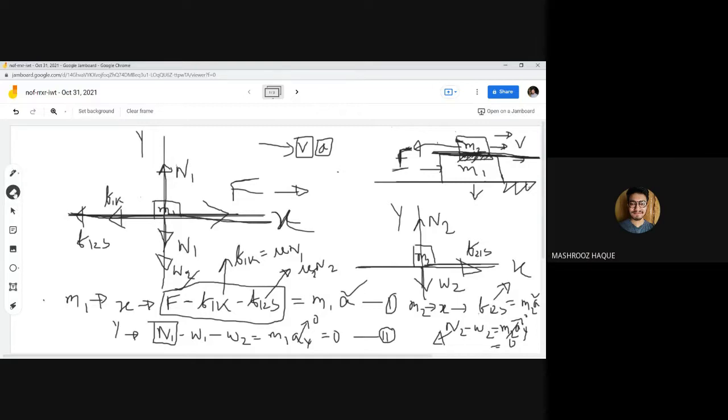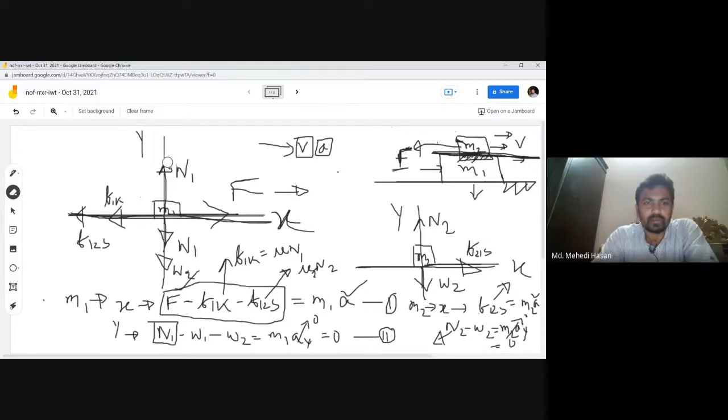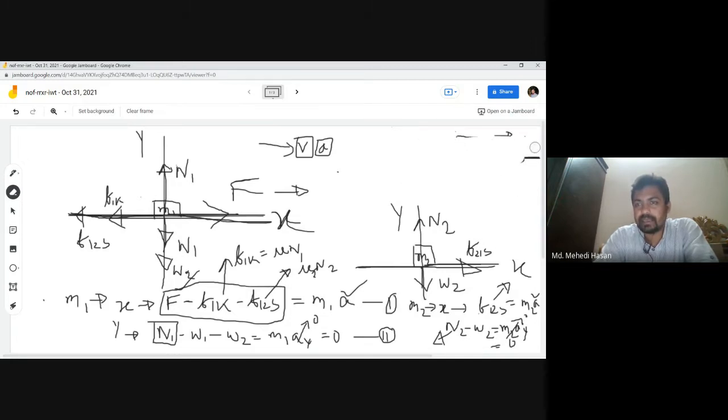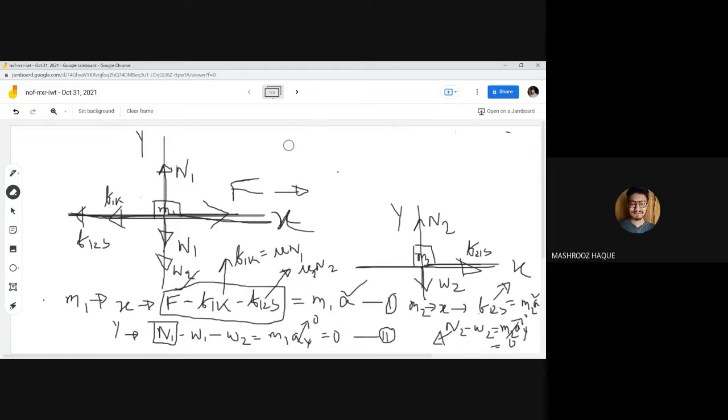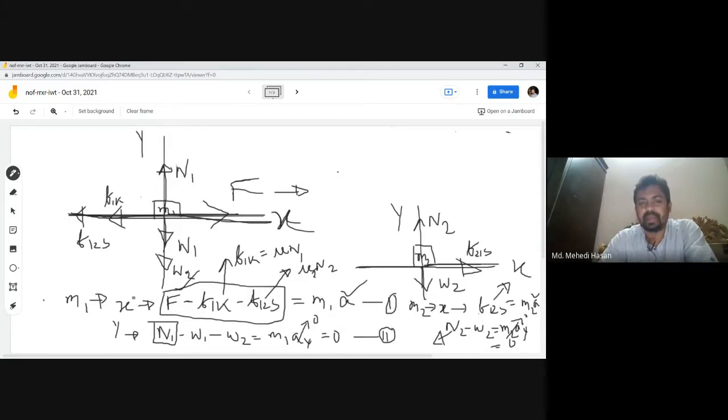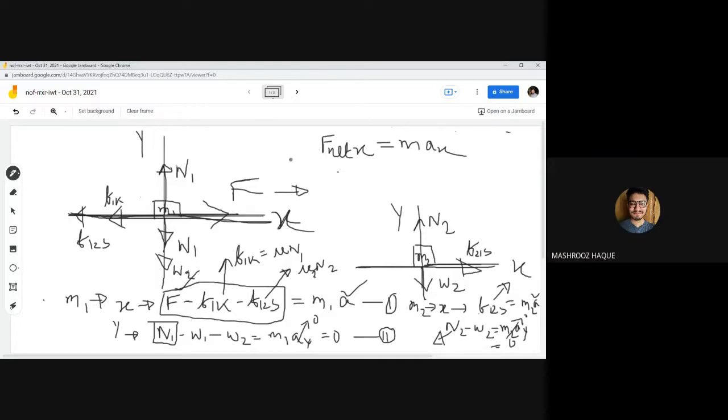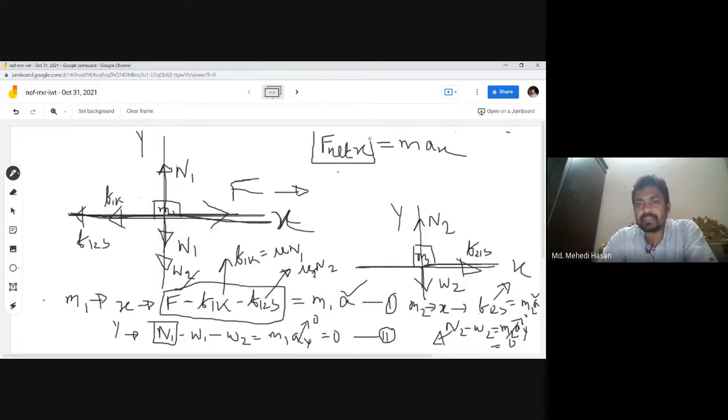স্যার একটাও বুঝিনি স্যার। ওকে, সো তাহলে আমি স্টেপ বাই স্টেপ দেখাই দিচ্ছি। ফ্রি বডি ডায়াগ্রামটা বুঝতে পারছো? ফ্রি বডি ডায়াগ্রাম বুঝেছি স্যার। ওকে, এখন দেখো আমরা জানি F নেট ফোর্স along the x axis equal to max, এটা জানো? হ্যাঁ স্যার। ওকে, এখন দেখো F নেট ফোর্স along the x axis M1 এর জন্য কত।